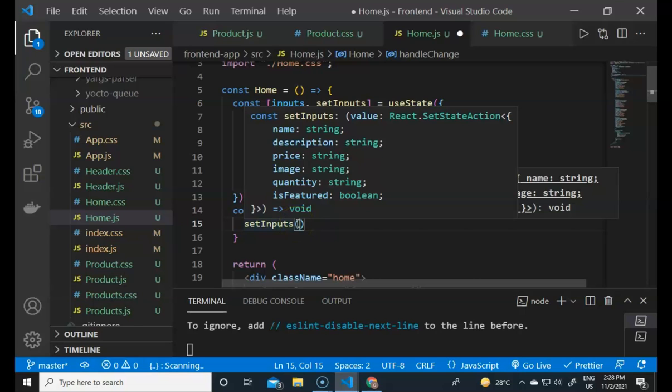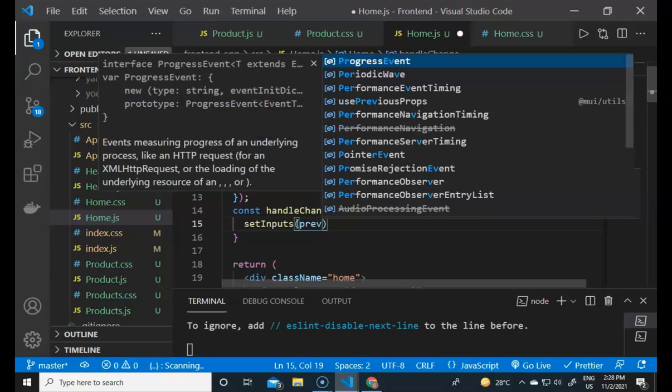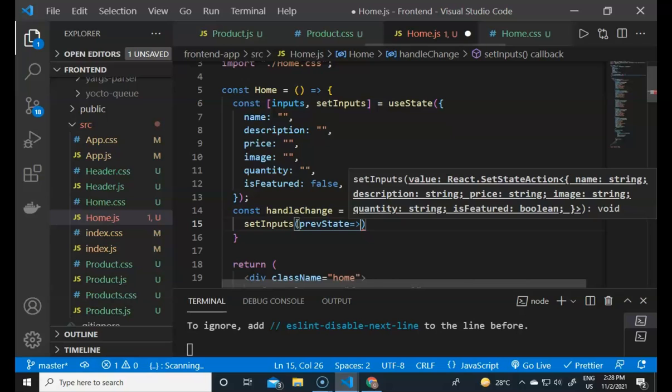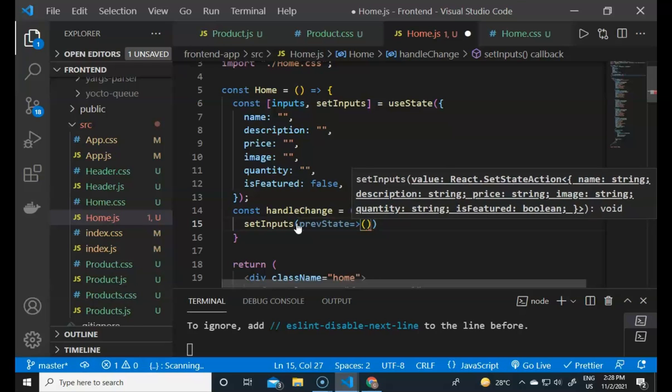And for that we have to define the previous state. It will contain a variable as the previous state, and it will contain an arrow function inside it, a callback function inside it. So it will contain a previous state and it will update the values from that.